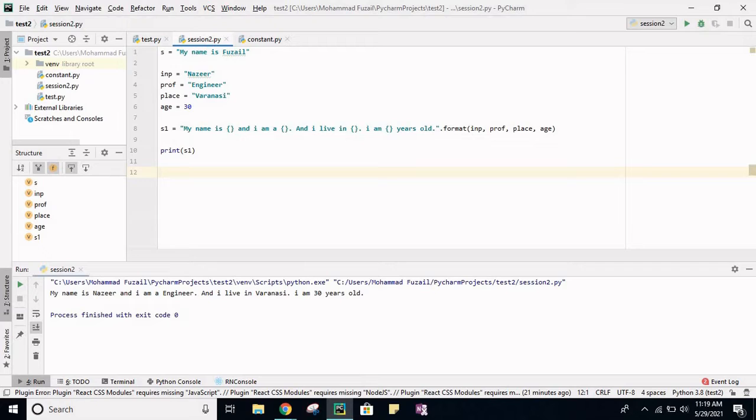Now there is also a function to check a string. We have a set of characters in a string, right? Let's say we have a string s3 equals hello world.